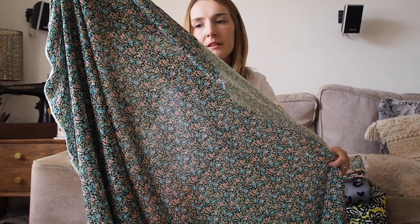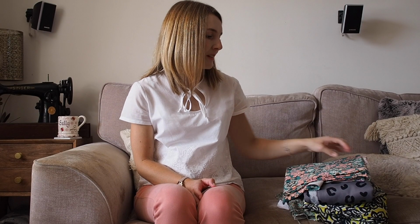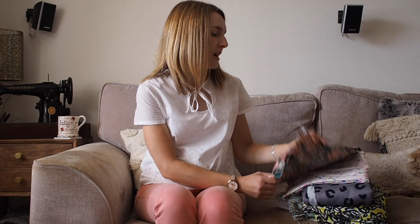In the light you can see that it's a little bit sheer, so I probably need to wear a slip or something underneath this one. So next up I have something different to the viscoses. Viscoses, is that how you say? Viscose. Anyway, I have 2 cotton jerseys,